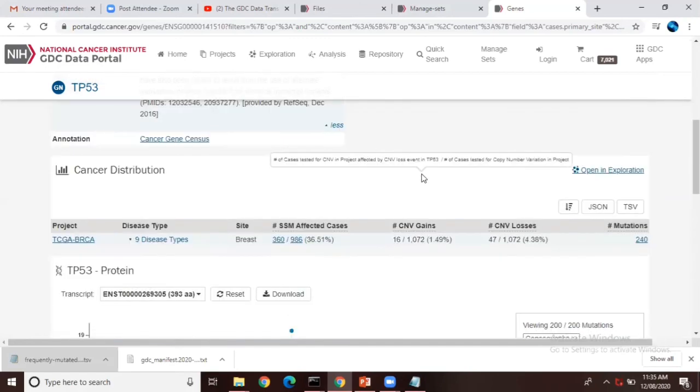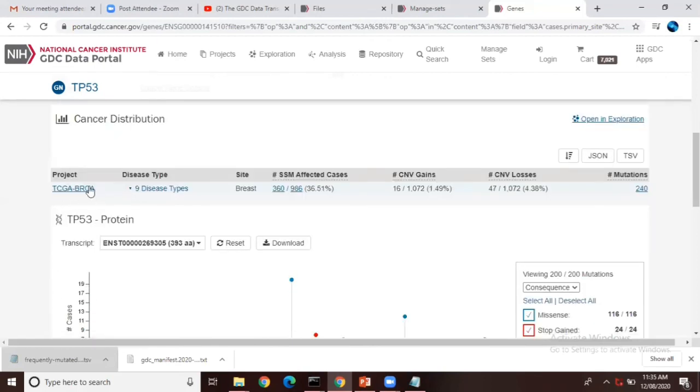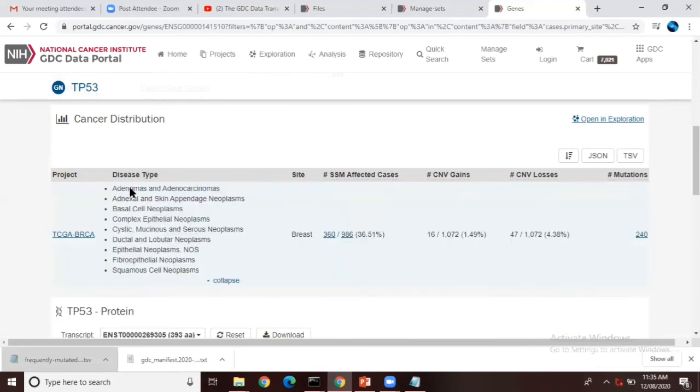And they are also talking about the cancer distribution. So they have given the project name, that is TCGA breast cancer, and they have studied these mutations in different cancer types also, and only for breast cancer, how many cases have been affected, and what is the copy number of variations and alterations, and what type of mutations.